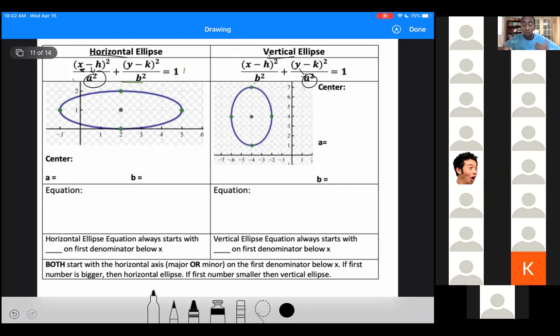When I think about horizontal, I think about this axis: the horizontal is the x, right? And so a horizontal ellipse is going to have a,